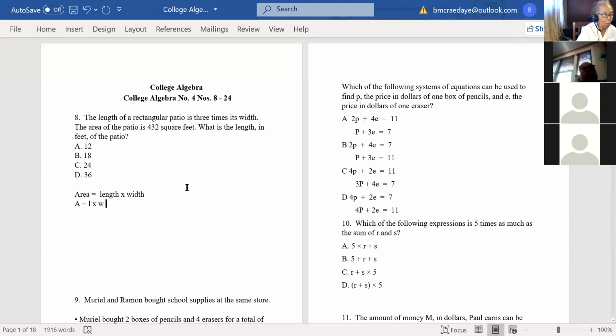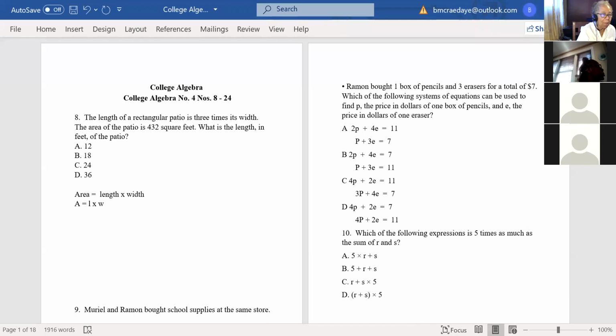Okay, so in this problem, we are given, and with algebra, you always look at what is given in the problem. So you're given the area, 432 square feet. You're also given the length is 3 times the width, and you would find the length. So area is the length times width. And how do I write